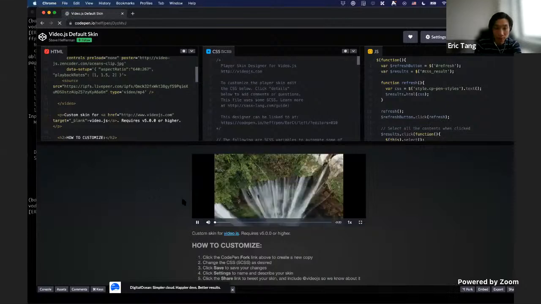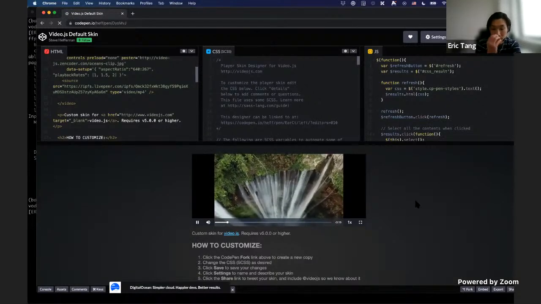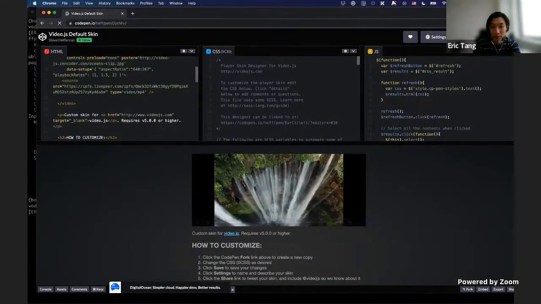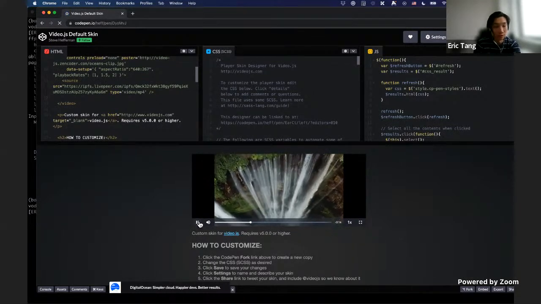And now you see I am able to play this video back in the browser, right? So this is, for example, a component that you can use to embed all the videos that the users have uploaded into your application.